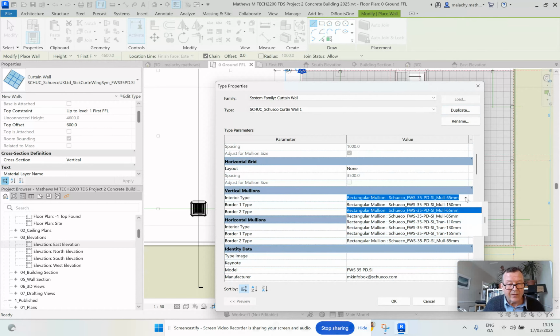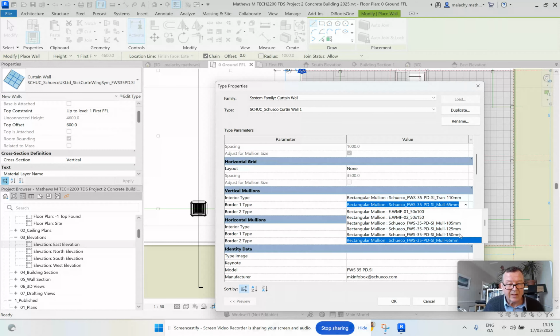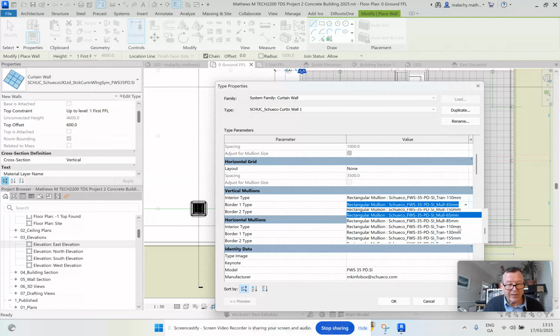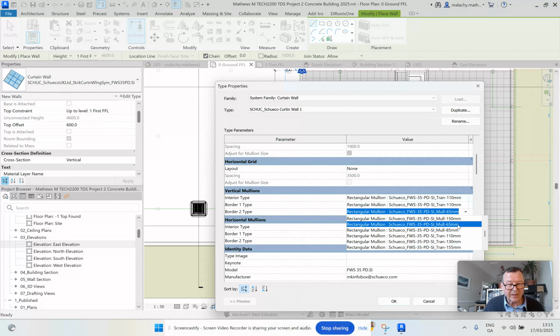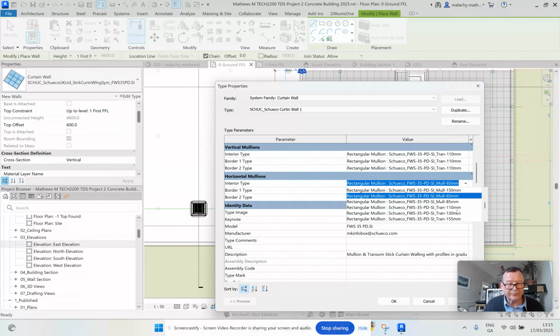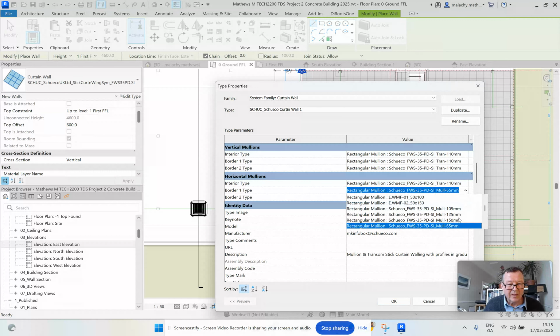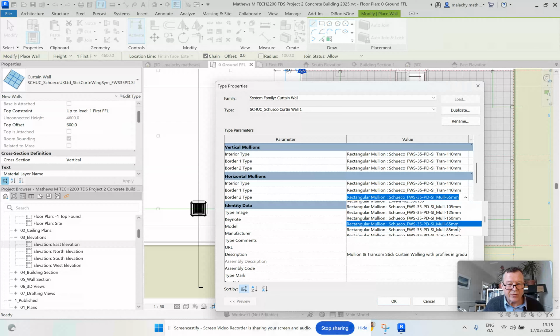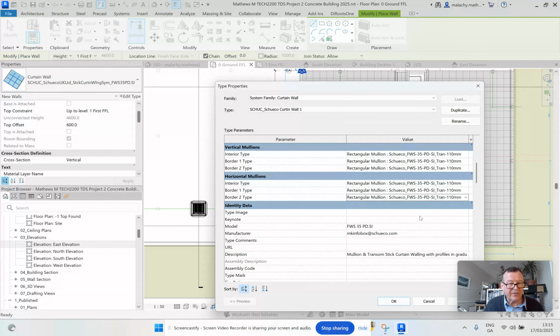Now I think I'm going to change these. I'm going to bring these up maybe to 110, because there's a fair few of them, I think. Rectangular mullion 110. Okay, and these will be 110 as well. It's good to do this now rather than change them while they're there, because it's a pain in the butt if you have to do that. Okay, now that's that one. All right, so let's go OK,